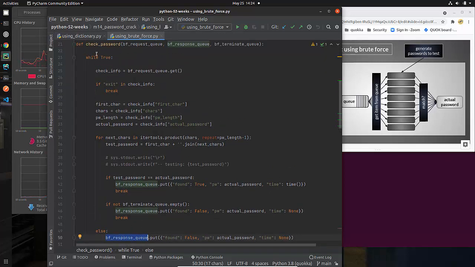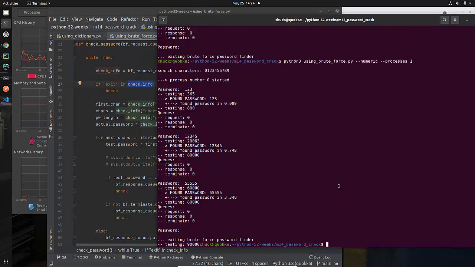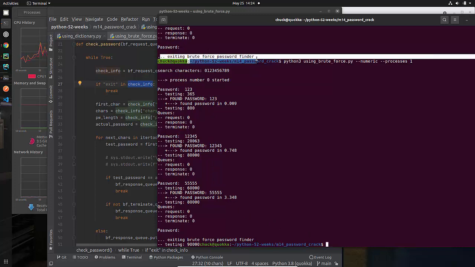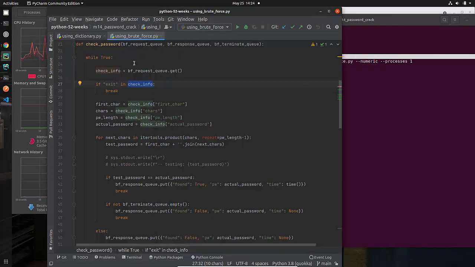And now the only way that I ever exit out of this process is if I send an exit message into check info. And that is what happens if, as you probably saw, I just hit return when I'm done, and for password, then it ends up exiting. So that is check password.